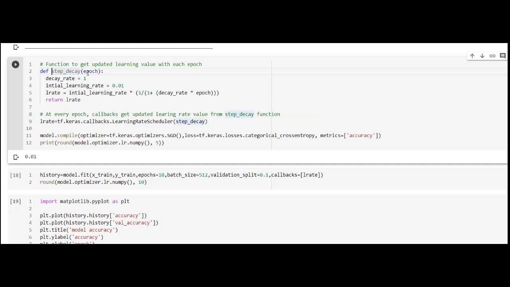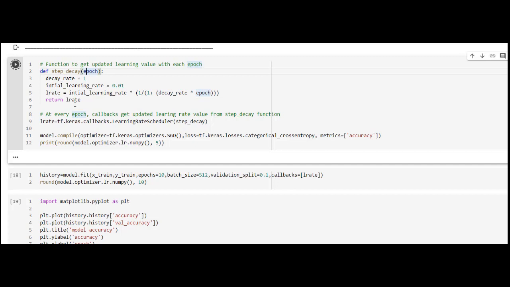In the step decay function we are using epoch, which is needed to calculate the updated learning rate. Decay rate is 1, initial learning rate is 0.01, and after performing this mathematical operation we will get the updated learning rate. Now remember this, if epochs is 10, then the epoch value will be 0 to 9.